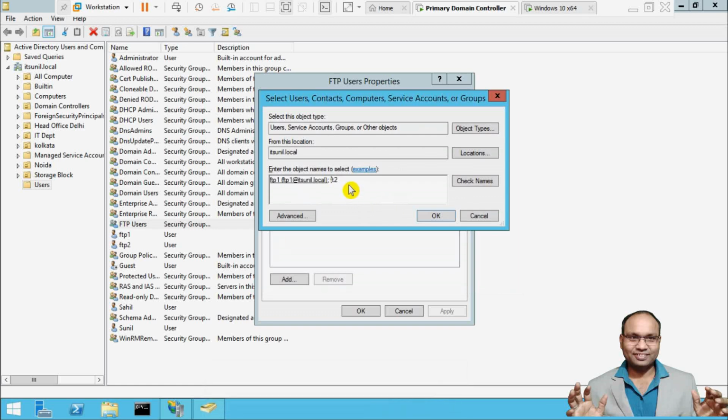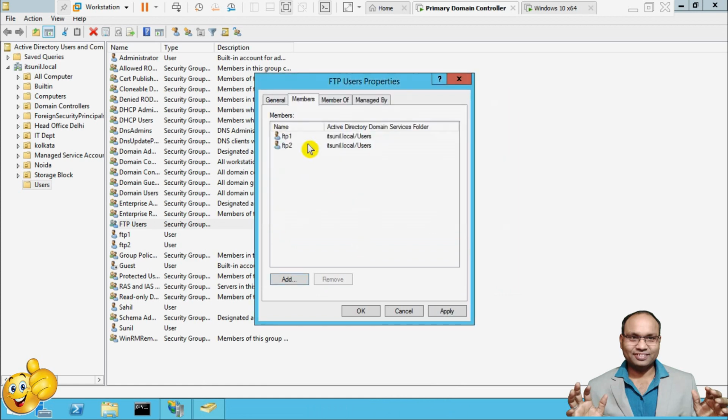Okay, add both. You have to add all the users which you want to allow to access the FTP server.